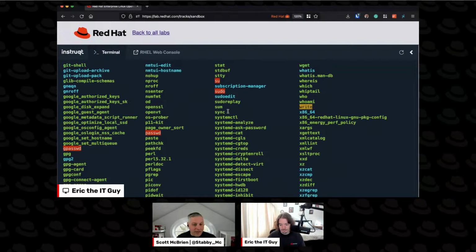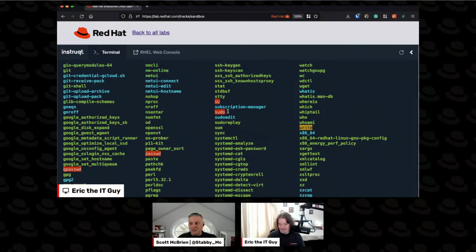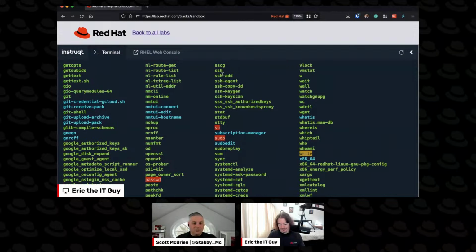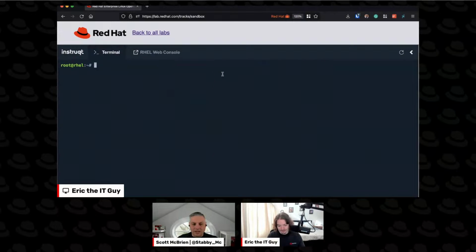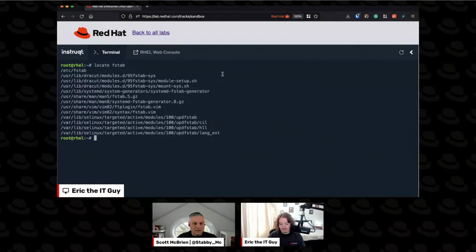All right, another command that we have for finding things is locate. So if we clear the screen and do a locate on fstab, locate will take in a file name as an argument, and it will search for that portion of whatever you've passed to locate in the file name. So you see that we have one called /etc/fstab that is the exact name that we passed, but then there's also things like